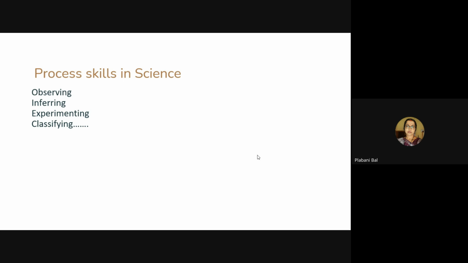If you are giving them the task and your purpose is to develop the observation skill, then you have to ask them questions about the objects, events, and phenomena. You have to frame such questions to know whether they have observed properly or not, how they have observed, and which senses they have used to observe the phenomenon or event or object. And also as a teacher you have to identify the questions which they have to answer by their own investigation,